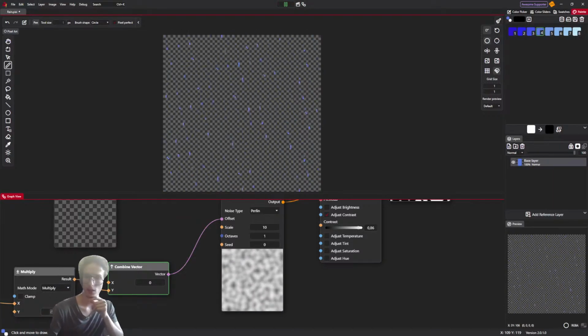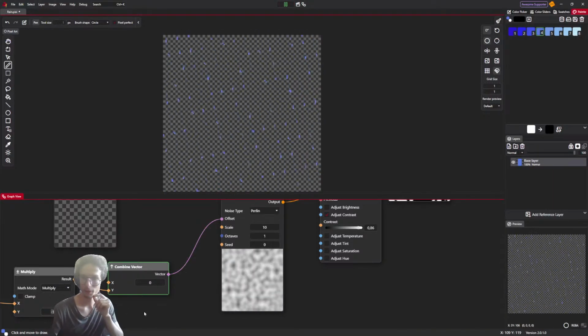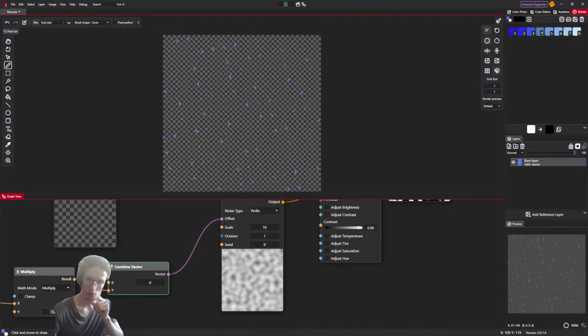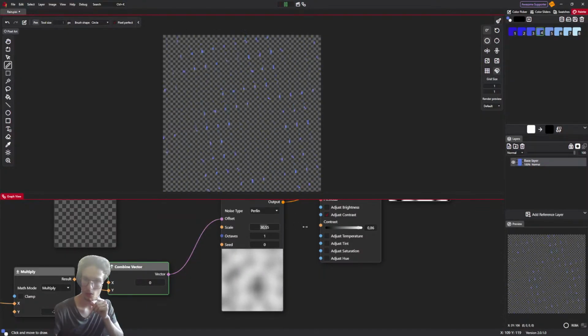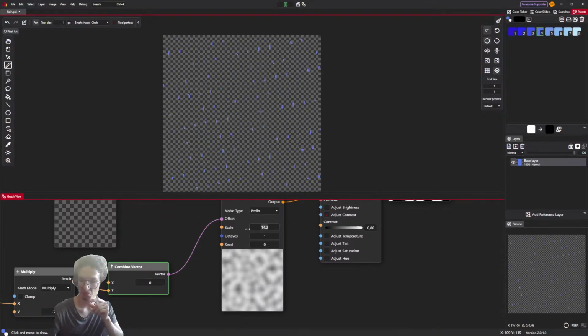Okay, yeah, that starts to look like something. Okay, it's too fast, I think. And maybe bigger scale. No, maybe not.